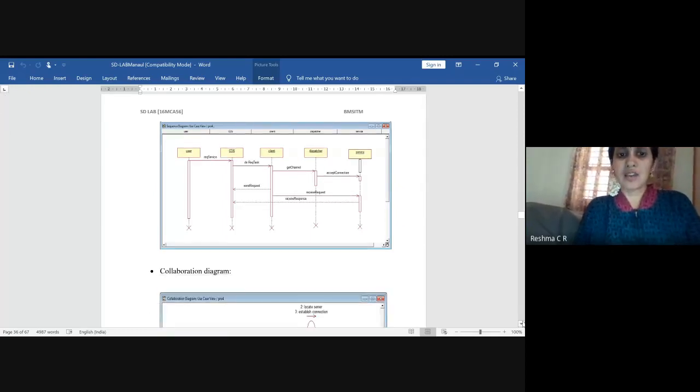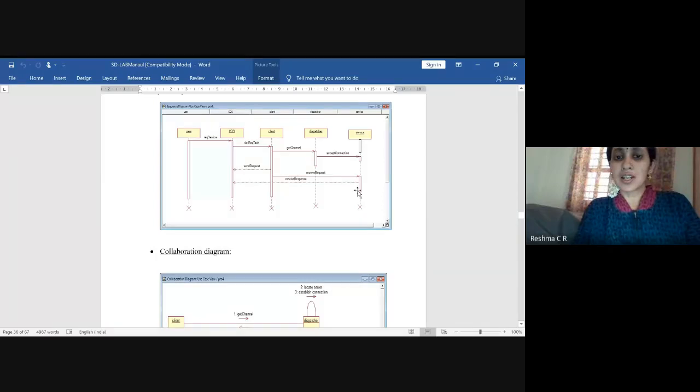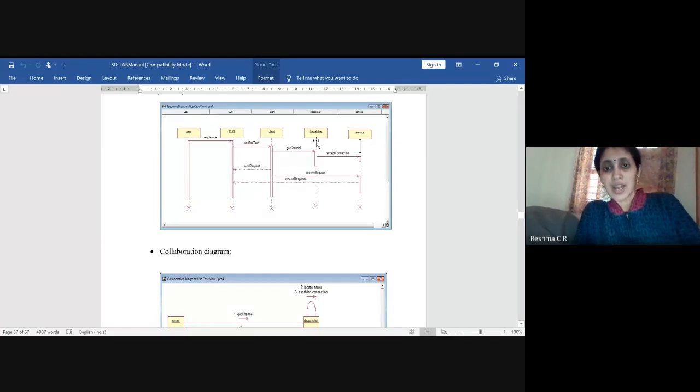So next we have a user, client dispatcher system, dispatcher, and a service. First the user is requesting a service here. So the client dispatcher is requesting to perform a task on behalf of the client. What will the client do? The client will get the channel from a dispatcher, and to get a communication channel established, the server will accept the connection.